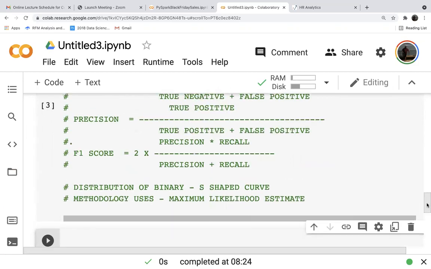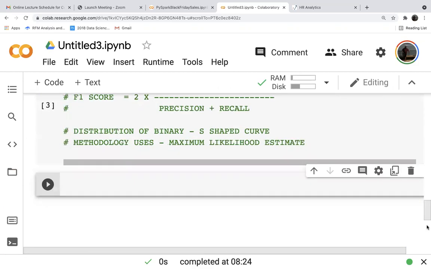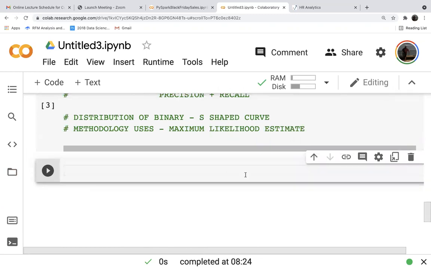We have to start a Spark session. Import PySpark.